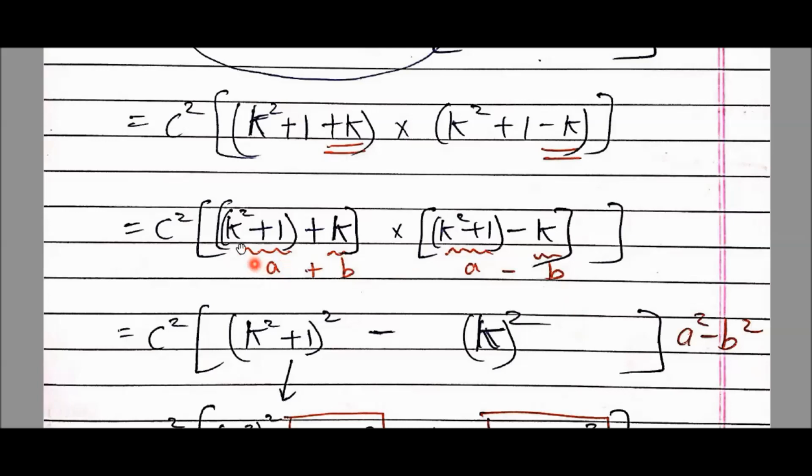What is our A? Our A is K square plus 1. So when I say A square means, see this cursor, K square plus 1 पे square हो जाएगा. और see the cursor, formula में by default minus आता है A square minus B square के formula में, तो यहाँ पे minus आएगा. And then I have B square. What is my B? My B is K, so यहाँ पे K का square आएगा. Proceeding further.